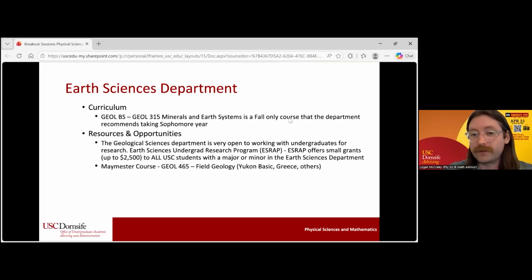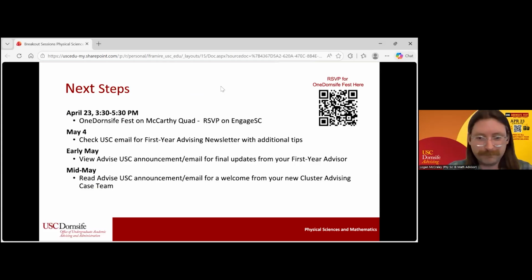If you are interested in doing anything related to research within Earth Sciences, he can get you in contact with the appropriate faculty, and also just pick your brain to see what you're interested in, because within this department, you can go a lot of different ways. It's not just one department here. And with that, I'll pass back to Courtney.